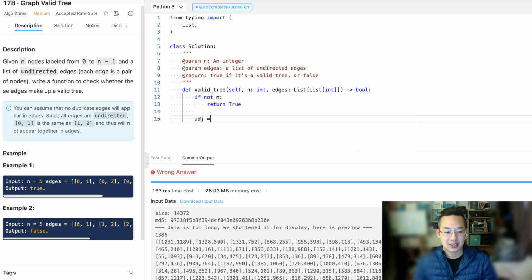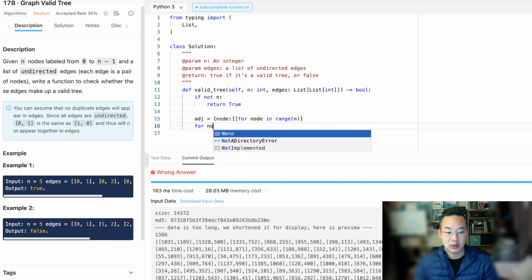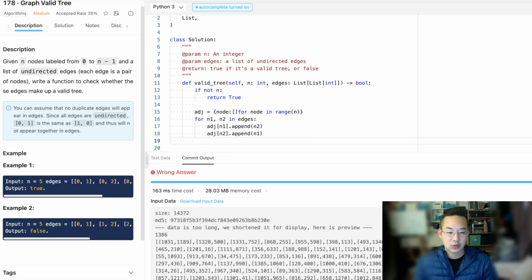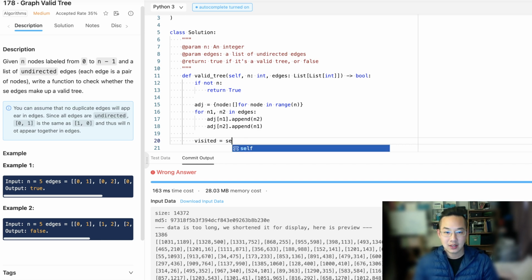So we need to make an adjacency list. The adjacency list is to figure out how our nodes are connected. So a node is connected to all these other nodes. To make this adjacency list, we do a for n1 and n2 in edges, and we connect these items in the list: n1 dot append n2, and n2 is connected to n1. All right, great. So now we create a visited set, and we can now